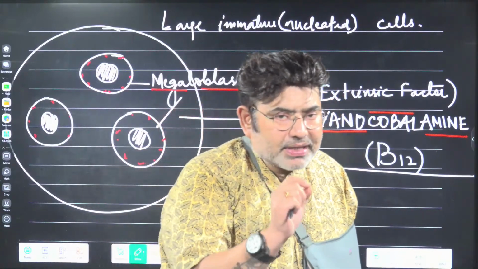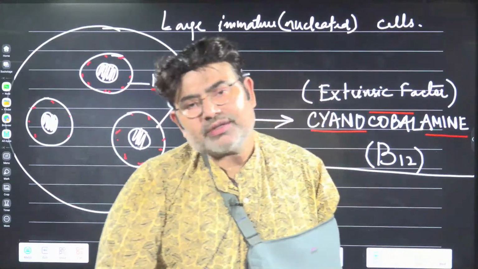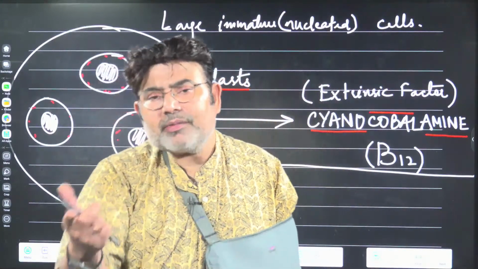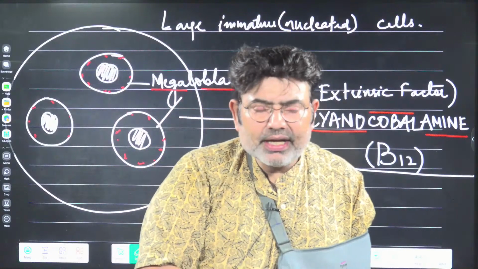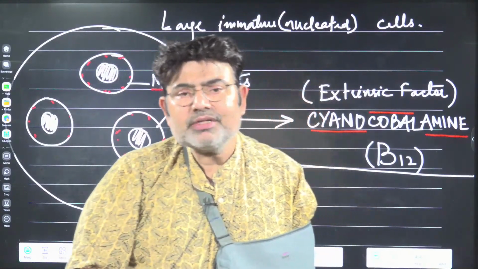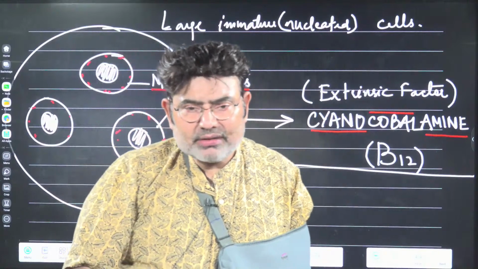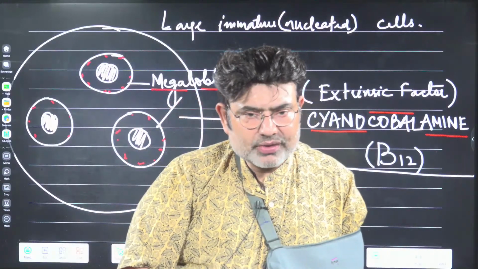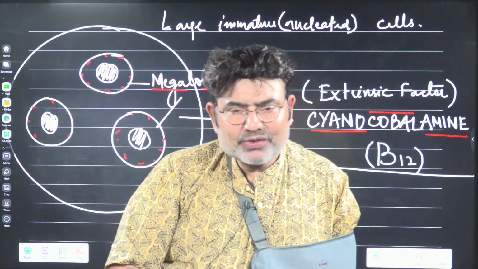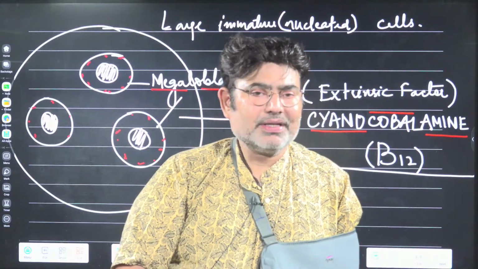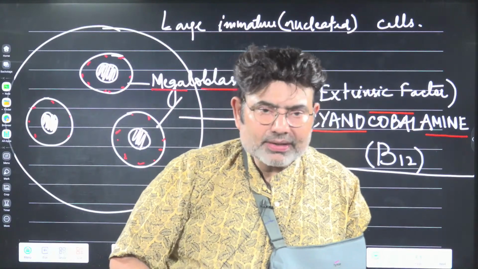Many generations of doctors and researchers came, and once upon a time, the researchers found that there is a substance which helps in the absorption of this vitamin B12. Normally people have it, but some people do not have that, and therefore absorption of vitamin B12 does not take place. Without vitamin B12 in the blood, the maturation of RBCs will not take place. You understand this point?